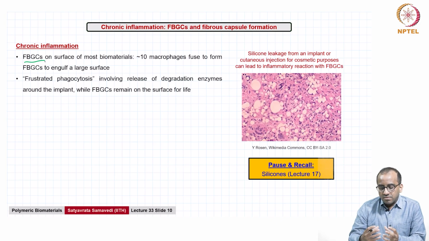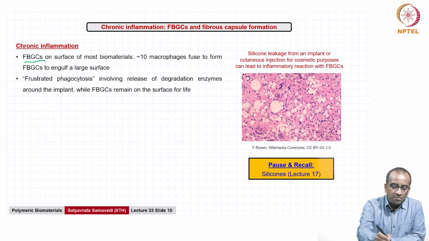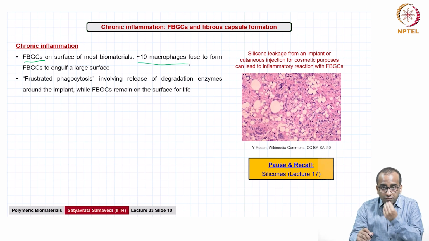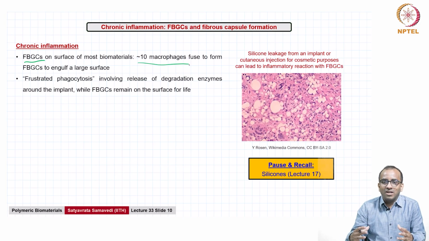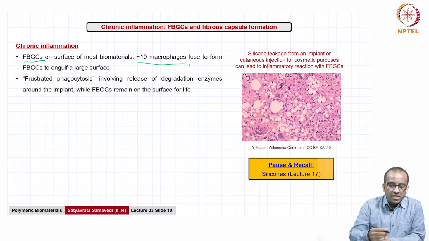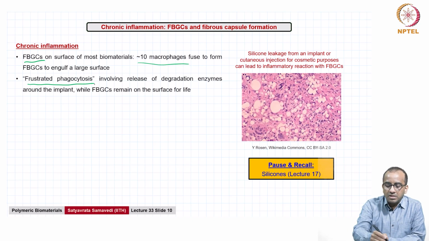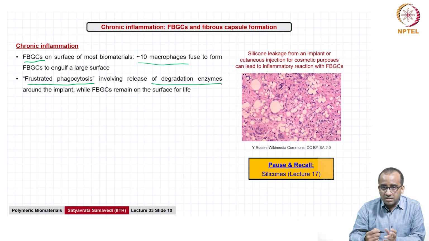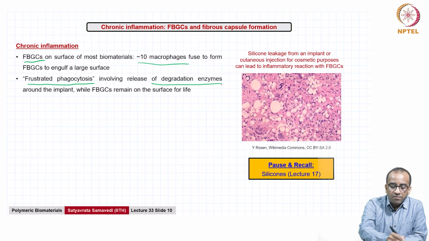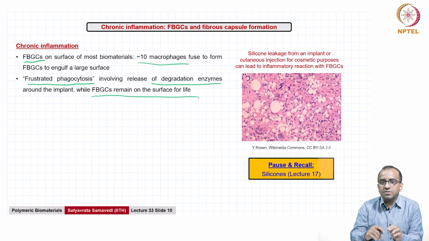Because these macrophages have realized now that they cannot phagocytose, they start to fuse together, 10 or so macrophages, to form these foreign body giant cells to try and see if the bigger fellow can now engulf the surface. That is typically also not easy to do. So they will undergo, in a sort of vicious cycle, this frustrated phagocytosis, which involves continuous release of degradation enzymes around the implant, while the foreign body giant cells continue to remain on the surface of the implant